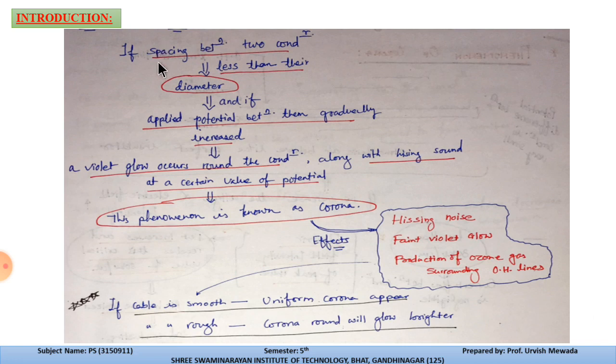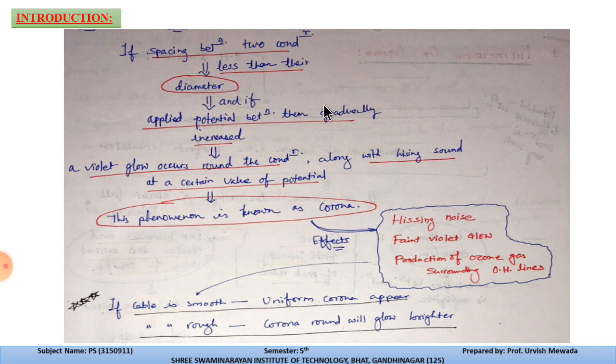Here the point is that the spacing between two conductors, the placement of those two conductors, is less than their diameter. If the diameter of the conductor is supposed x and the spacing between two conductors is less than x, then